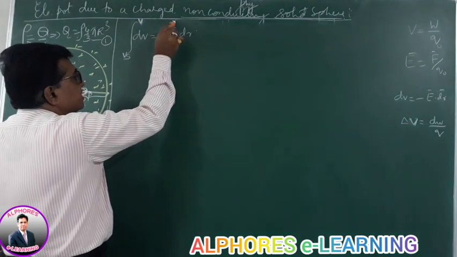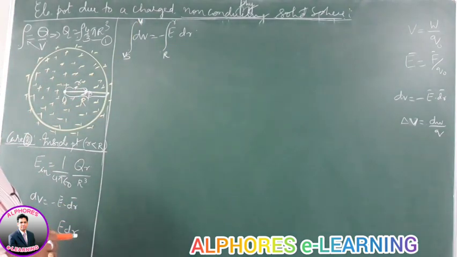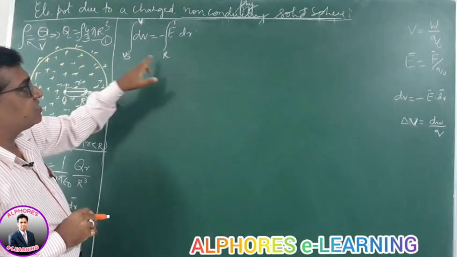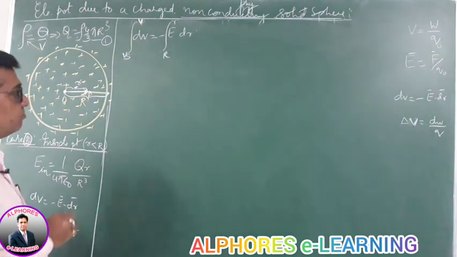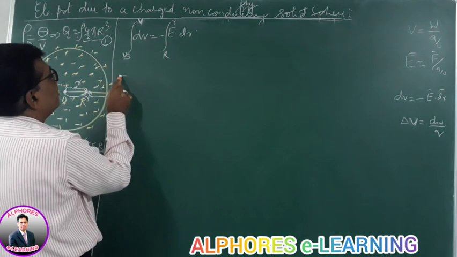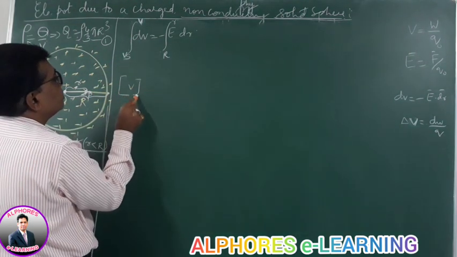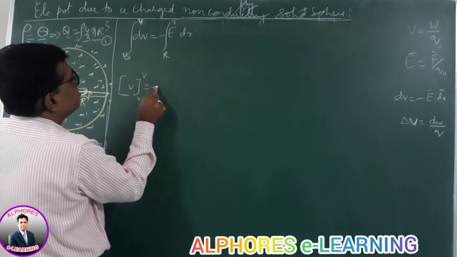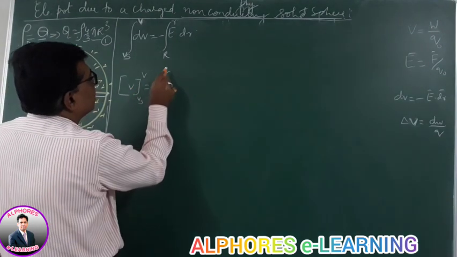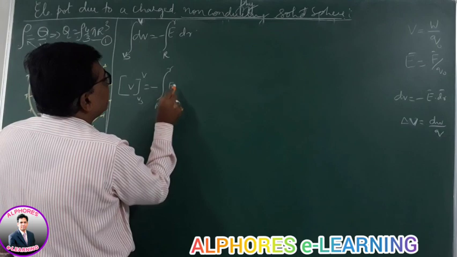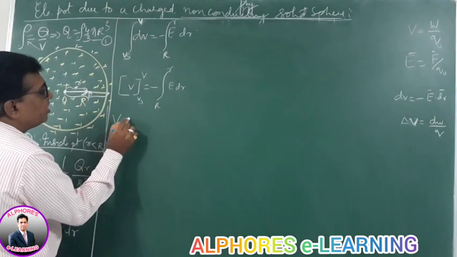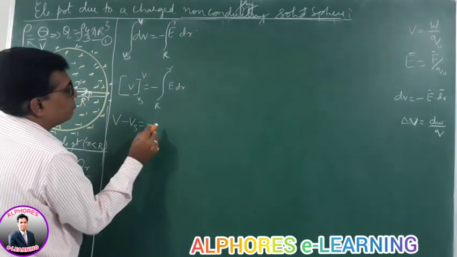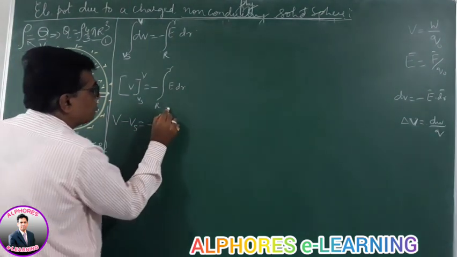Point P is at a distance small r. So the initial point is the surface, with potential Vs, and the final point is P, with potential V. While integrating, the integration of dV is V minus Vs. It is minus the integral from capital R to small r of the electric field at that point into dr, upper limit minus lower limit. V minus Vs is equal to minus the integral from capital R to small r